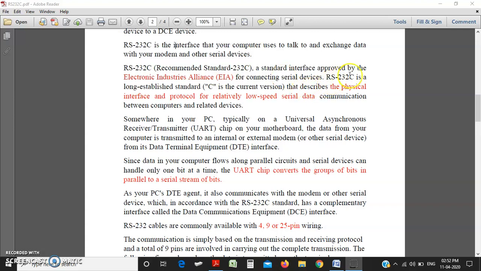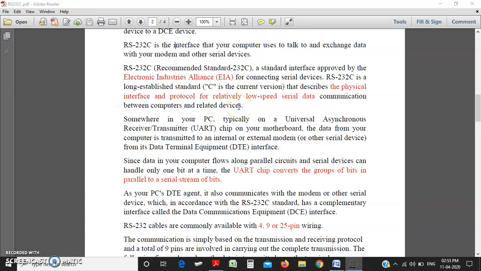RS-232C is a long established standard, C being the current version, that describes the physical interface and protocol for relatively slow speed serial data communication between computers and related devices.